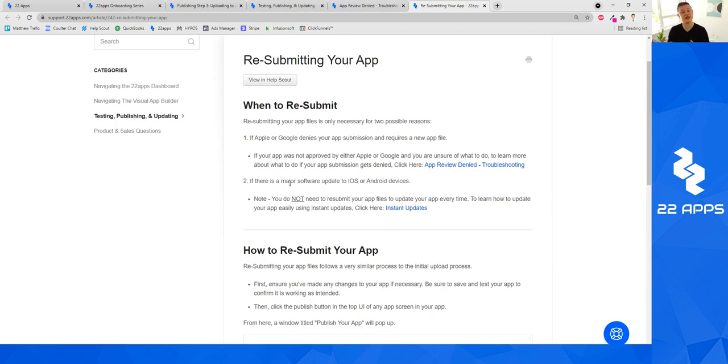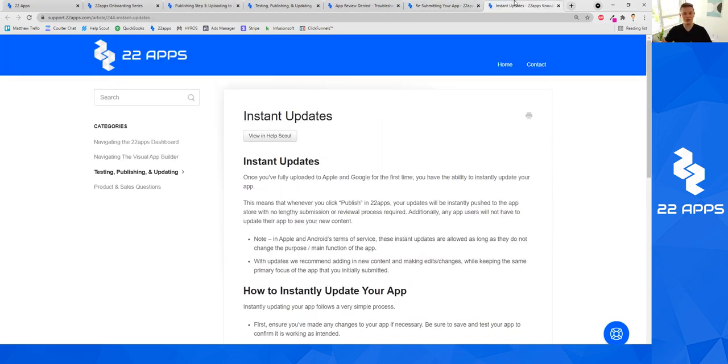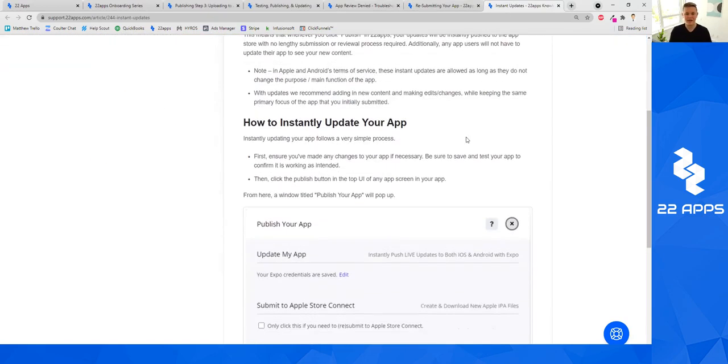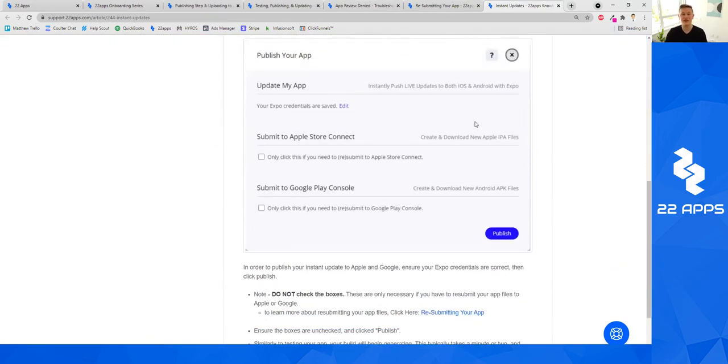You can just use our instant approval system where you don't need to create a new build of your app every single time. You can just push it out with Expo, and that build will become available, which is what I talk about in my video on how to update your app after it gets approved on Apple and Google. That said,